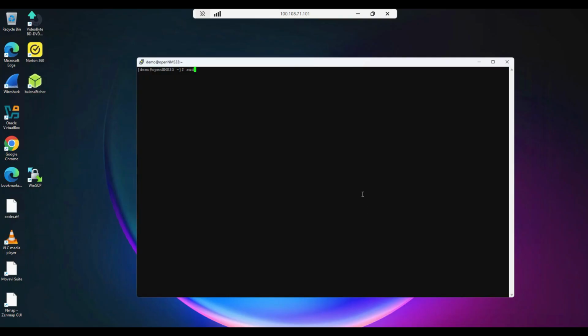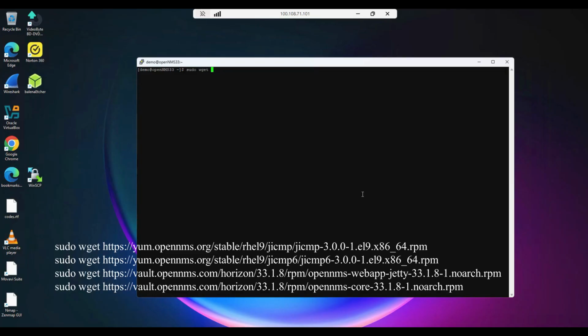So we'll do a sudo wget yum.opennms.org stable rel 9 jicmp-3.0.0-1.el9.x86_64.rpm. And just to be clear, we're using a Red Hat Enterprise Linux